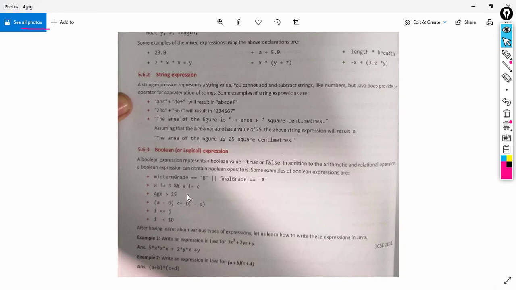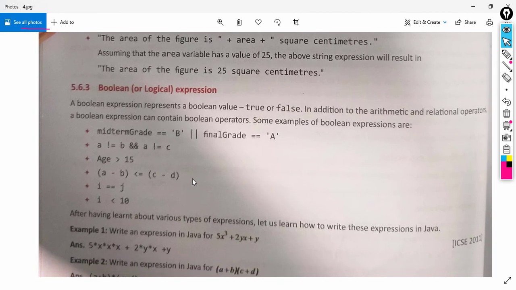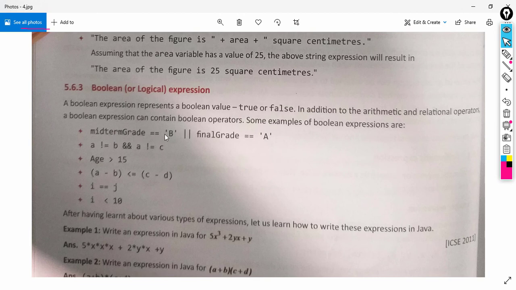See students, here you can see examples. See, midterm grade equals to B. So here equals to symbol is this symbol. This is the relational operator, as you know. So this is also a relational operator. So using a logical OR operator, we are writing this expression. So this is an example of which expression?